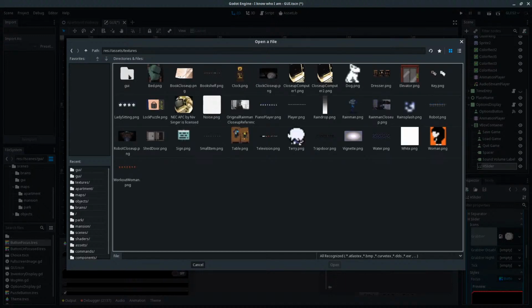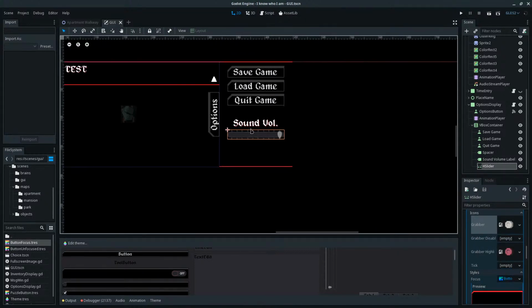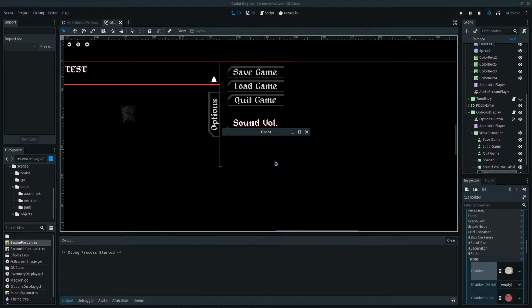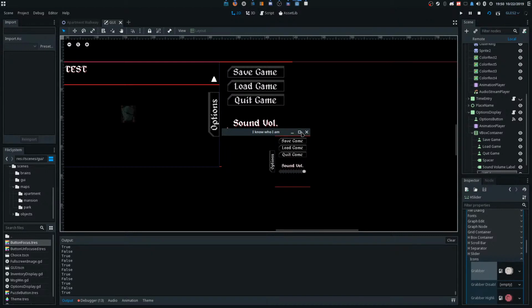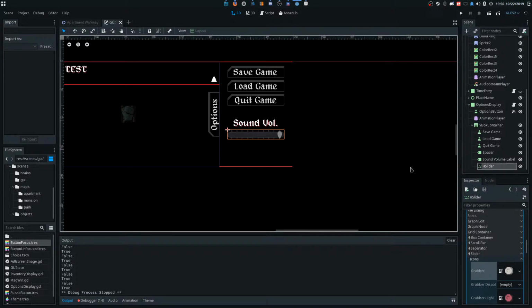Assets. Textures. GUI. Slider highlighted. Boom. Tick. I don't really want any ticks. Okay, so that is what they were referring to. Okay, so that's fine. All right, that's cool. Yeah, but I don't really want any ticks. Not really.